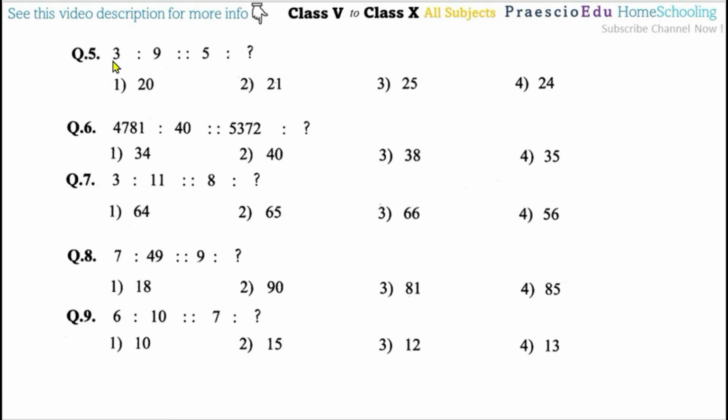Now question number 5, 3, 9, 5 and then question mark. Now 3 square is 9. Okay, so 5 square is 25. So option number 3 is the correct one. Question number 6,